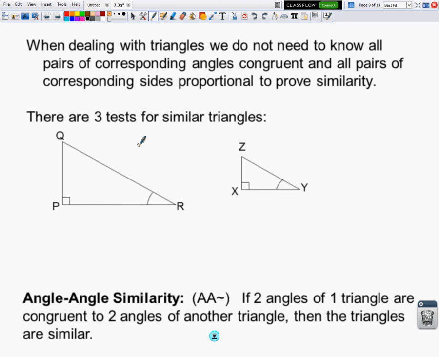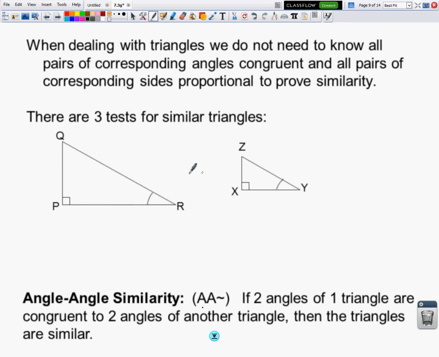The nice thing about similarity in triangles is we don't have to have all three angles and all three sides. We can have just pieces of them. In fact, there are 3 tests for similar triangles. The first one is angle-angle similarity. It says if 2 angles of one triangle are congruent to 2 angles of another triangle, then the triangles are